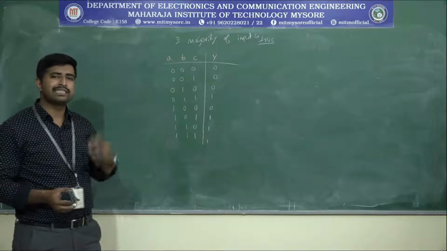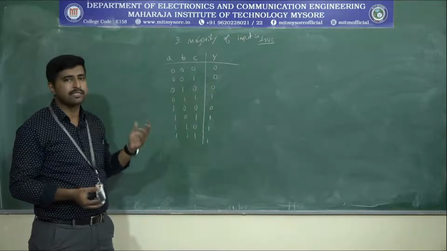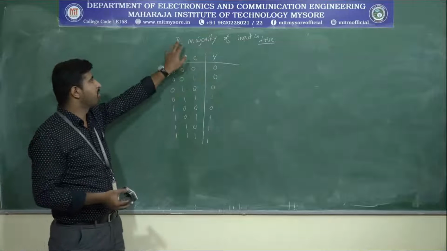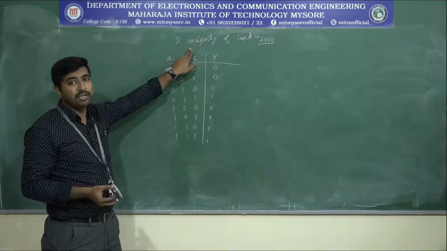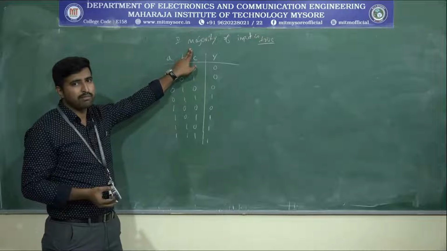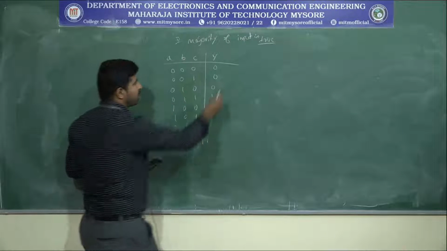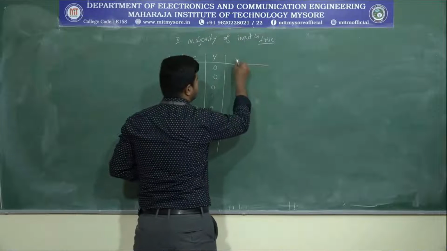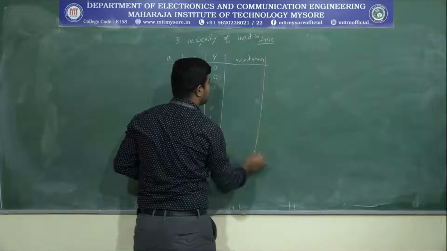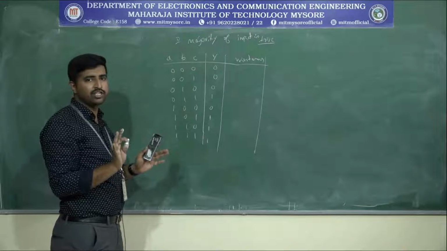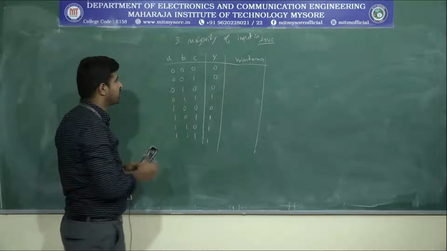Let's understand the complete min terms, max terms or canonical expressions by taking an example. So here I have taken the first problem that we have solved, the majority of the inputs is true. So we made the truth table, we got the output, so I have written it here. Now, what are the min terms corresponding to this? I am writing the complete min terms, not for the output logic, just the min terms corresponding to the inputs.